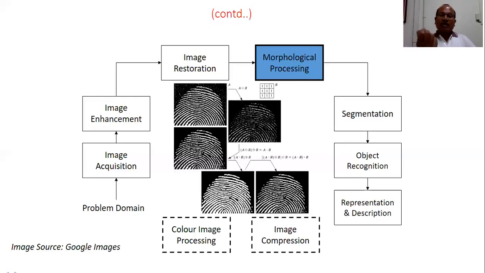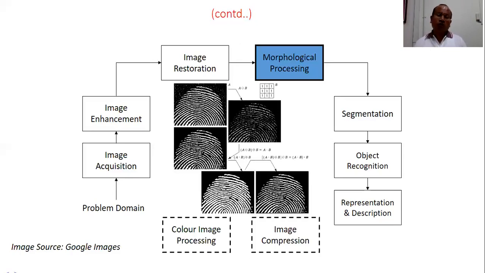But each discrete value is represented by a certain number of bits. And those bits are again zeros and ones. And therefore, the signal is called digital. Then we talked about image processing. When you perform a certain operation over an image, that is called image processing. And when you apply a certain image processing task, some nature, some characteristic, or the entire image may also change. And for different applications, different types of operations are performed.